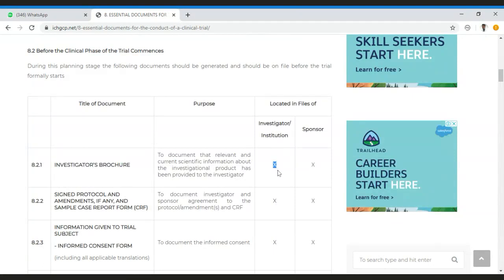Whenever you fill a form there are checkboxes, right? In the checkbox we need to cross. So this cross means yes, meaning the investigator brochure needs to be filed at the investigator site as well as at the sponsor's site. So the sponsor also needs to file this document, and the site also needs to file it. Likewise, the protocol also needs to be filed at both sides. Likewise if you go down and down,